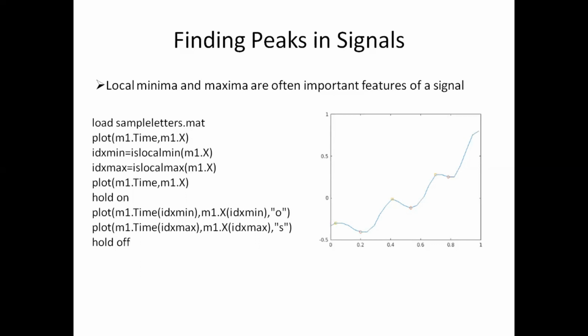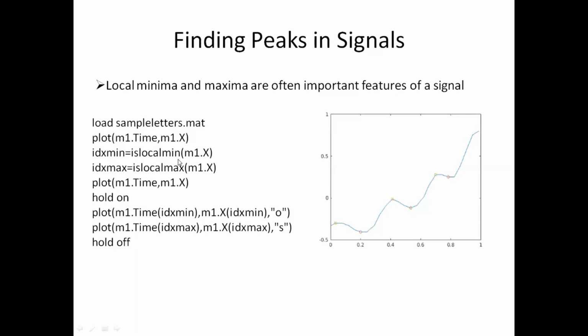So we will see how to get these local minima and maxima points, and we will also see how to identify the prominent local minima and maxima points, and then use that in our example as features for further classification. So for calculating the minima and maxima points, we will use some inbuilt MATLAB functions, that is islocalmin and islocalmax. These are the two functions that we will use.